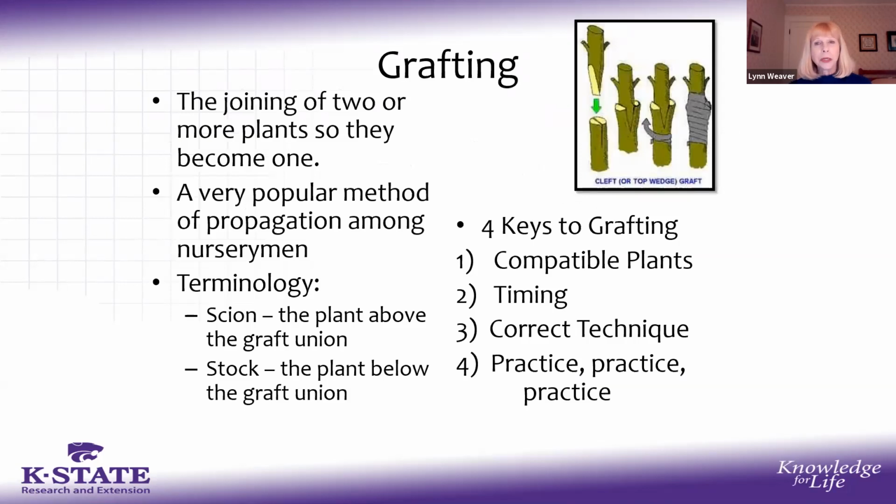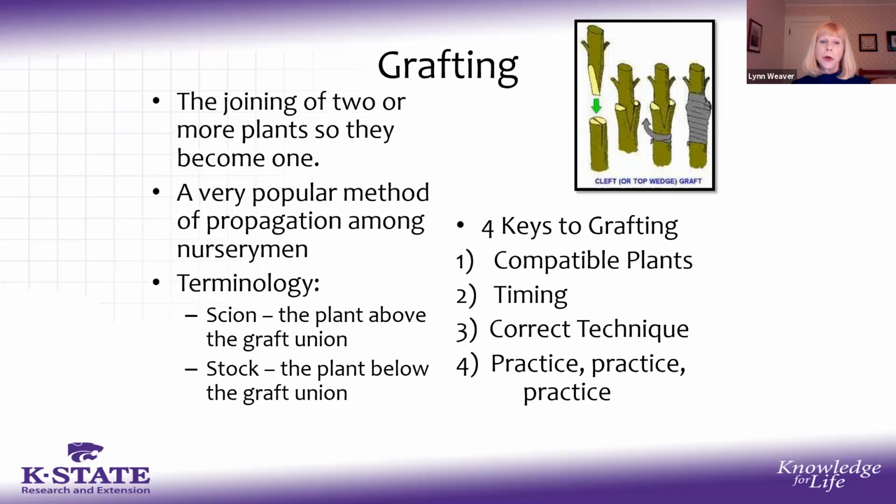I've never tried grafting, but it looks pretty interesting. Grafting is the joining of 2 or more plants so they become one. It's very popular among nurserymen because they like to graft different kinds of apples onto different kinds of apple trees, for example. That way they might have a delicious apple with a Jonagold branch grafted on and a Honeycrisp grafted on another place. And not only do they get 3 different kinds of apples from one apple tree, they extend their harvest because all those mature at different times of the year, different weeks in the fall, for example.